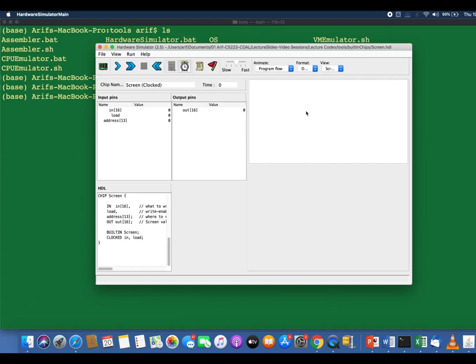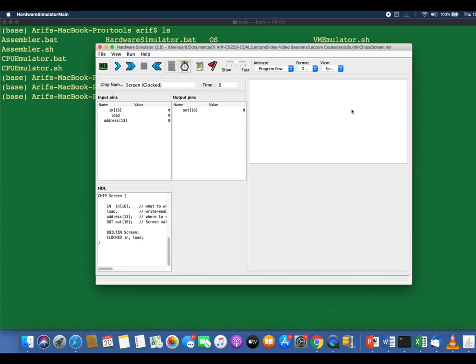And over here you can see that this built-in chip has a GUI side effect as well. This panel represents or simulates a physical screen consisting of 256 rows and 512 columns, and every one of these rows is represented in the screen memory map by 32 registers, as I have already explained on the lecture slide.